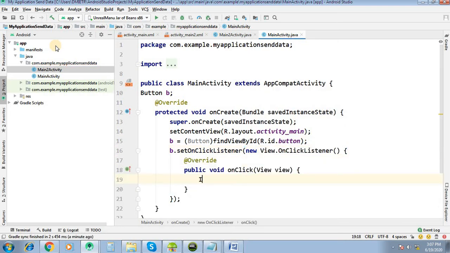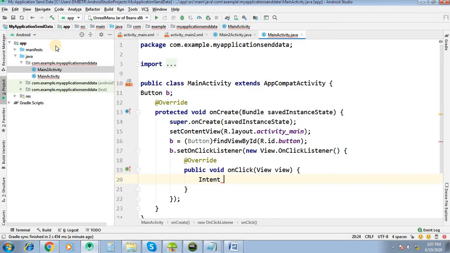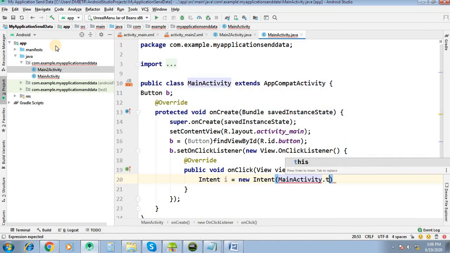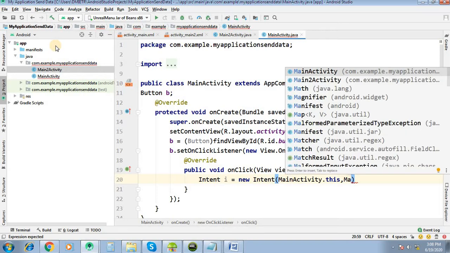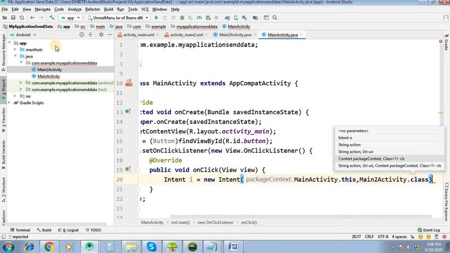Here I will create the intent, for example I equals new intent. The first argument is main activity, this is our main activity, and where we want to go, main activity 2 dot class.